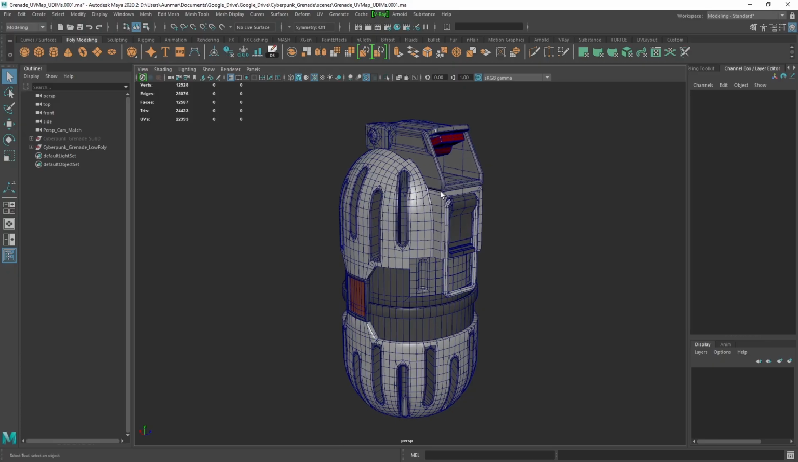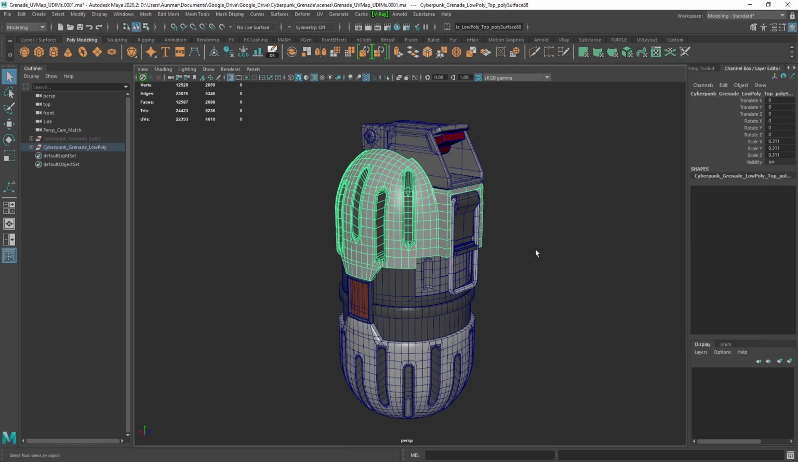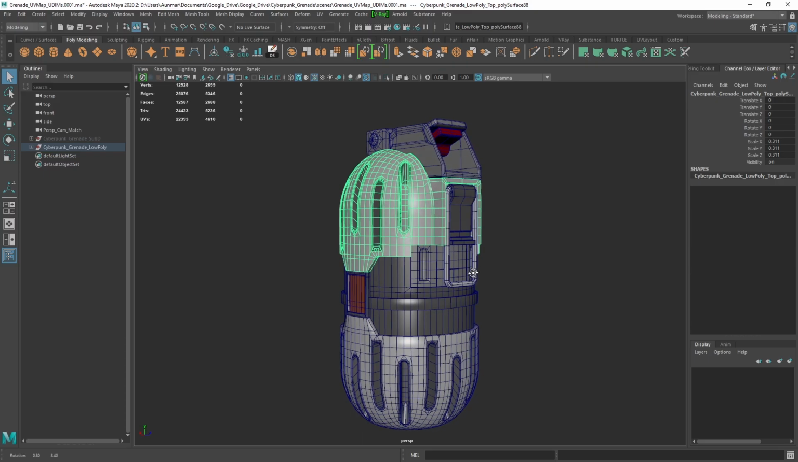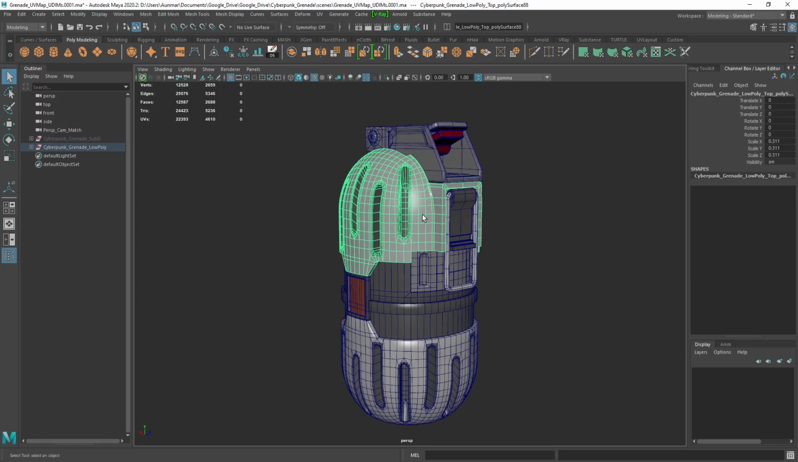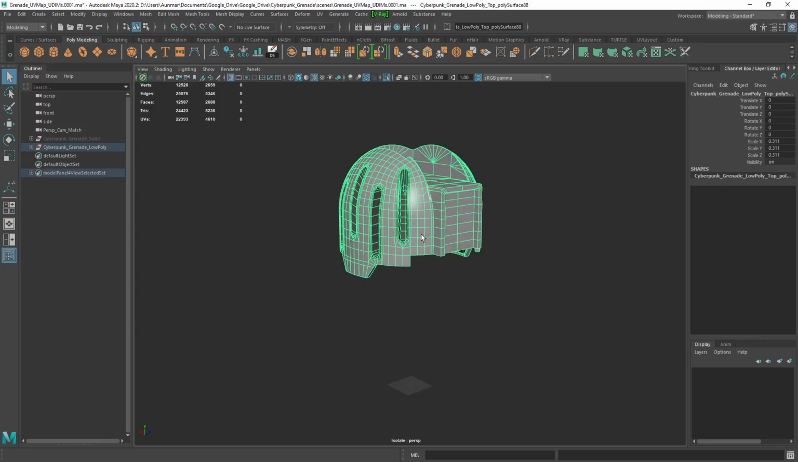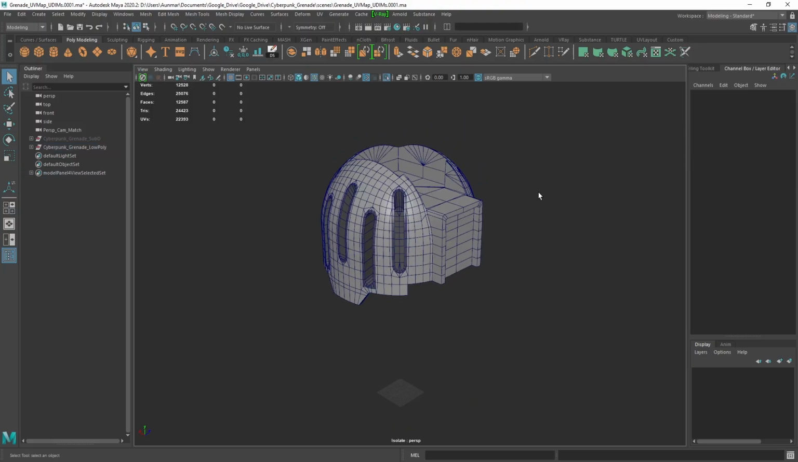So what I want to do first is start with the most complex object, which is going to be the top and the bottom grenade. Obviously, the techniques that I'm going to be applying to the top grenade can be applied to the bottom and really any other object within this scene. So I'll go ahead and select the object, hit Ctrl 1 to isolate, and we can begin the UV mapping